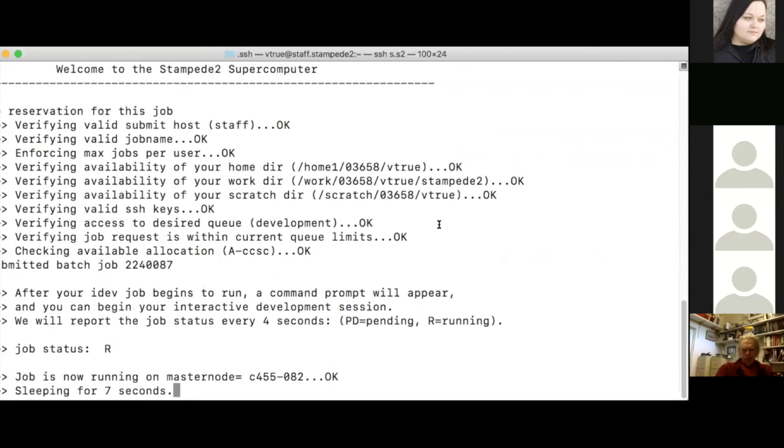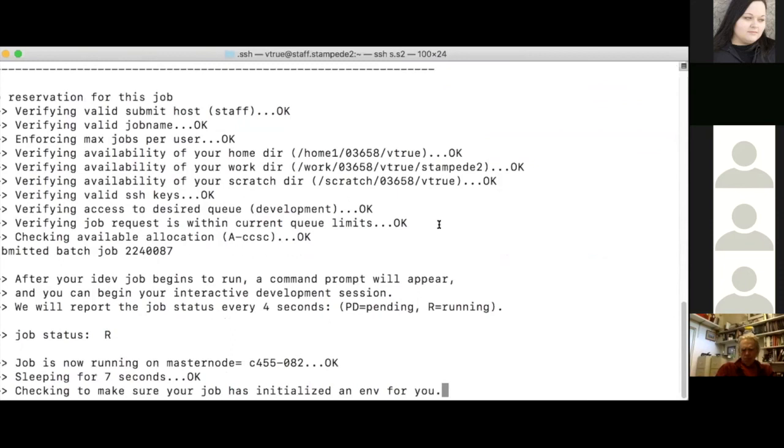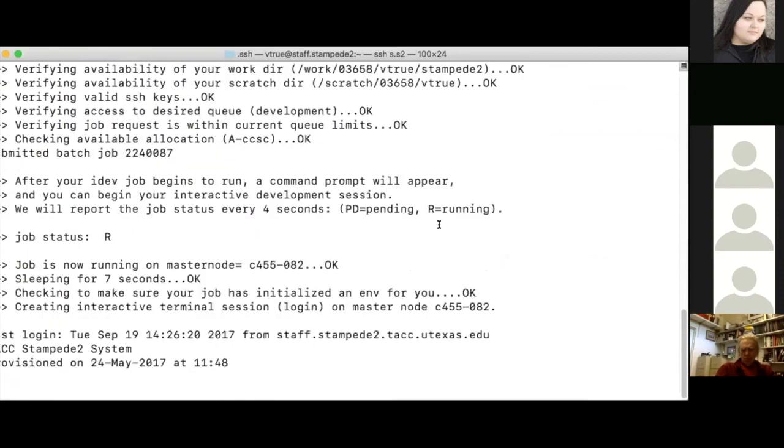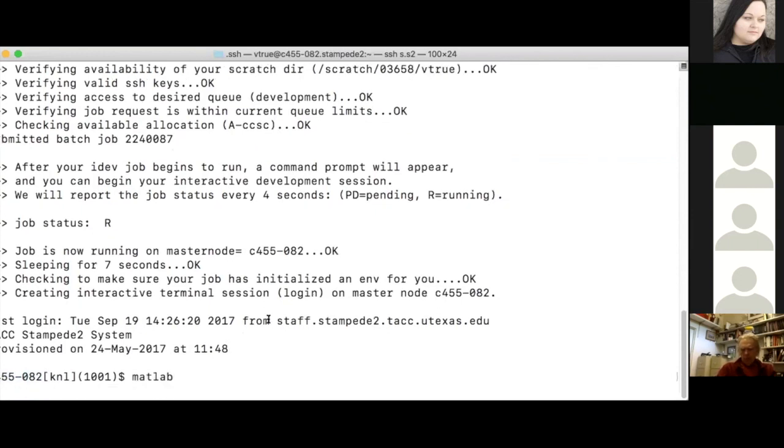So this is what I mean by not running on the login node. To demonstrate this, I am using an interactive session to go onto a compute node, and you can tell you're on a compute node because it will tell you what node you're sitting on here. But now I can run MATLAB and it will start processing.